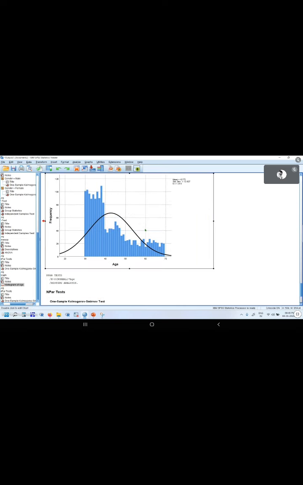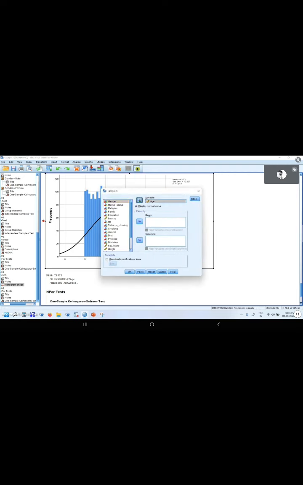So if you want the graphical way, you can go to Graph, Legacy Dialogs. The histogram will tell you whether the data follows a normal distribution in terms of its shape. See, another variable, fat intake. This also is not normal; one tail is too much extended to this side, and the other tail is not there, on the left side. So here that graphical representation is there.